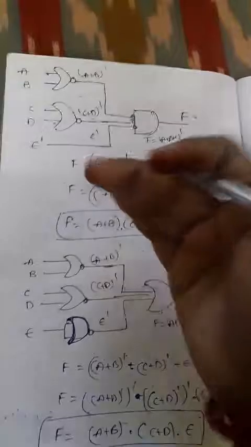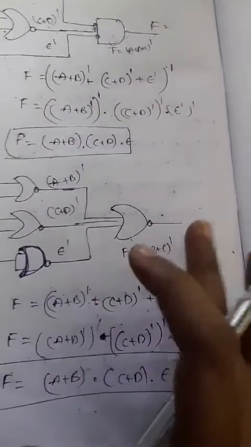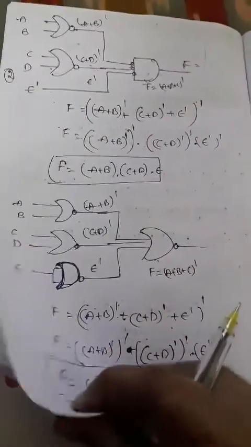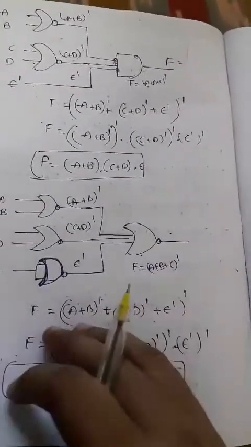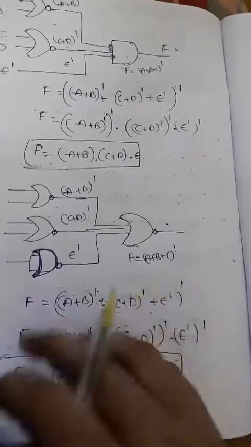Okay, so after the third step, this is the second rule, and the third rule means we can convert that circuit diagram into NOR inverters. Okay, NOR implementation. So this is the complete explanation about NOR implementation. Suppose you are having the K-map function, then you can follow the same AND rule.